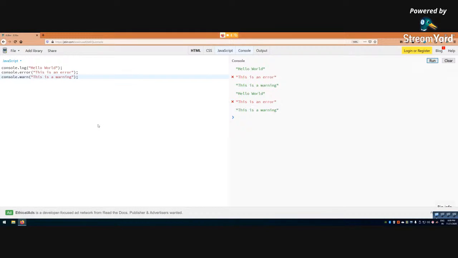So this is about console. Now let's get started in the main thing. So we will learn about variables now. Variables, just like in any other language, are used to declare something. In any programming language we have variables, in all programming languages, but